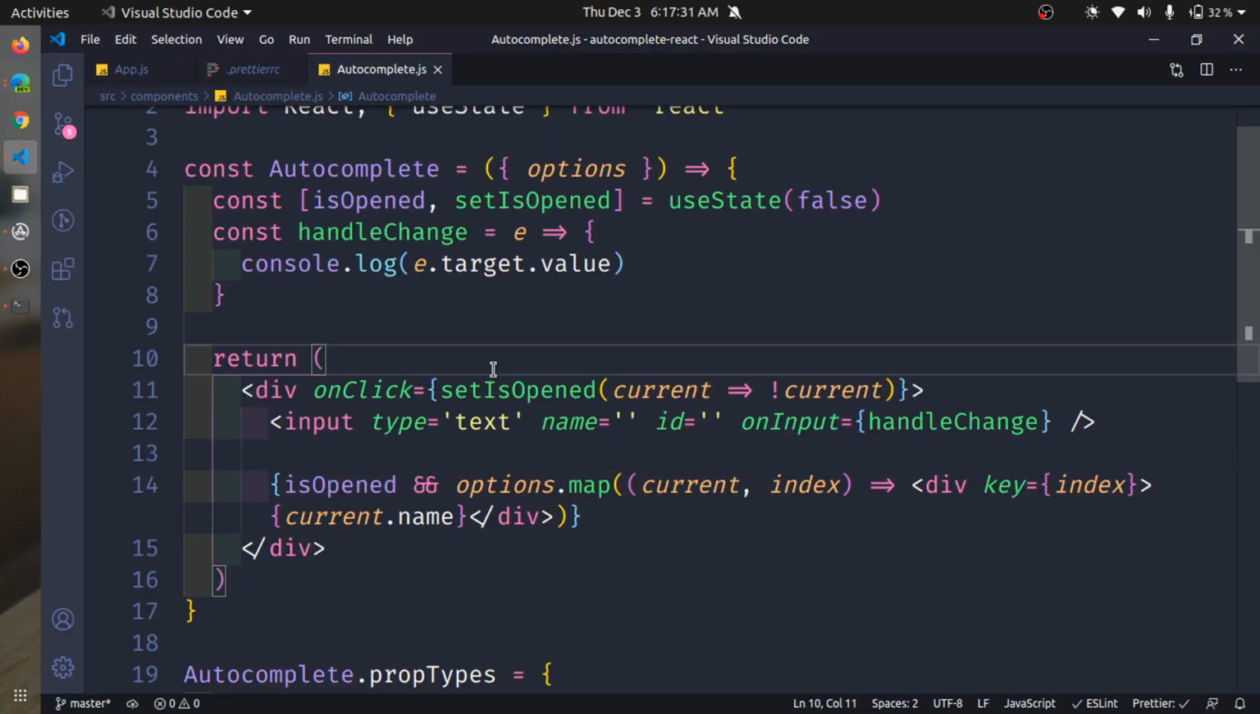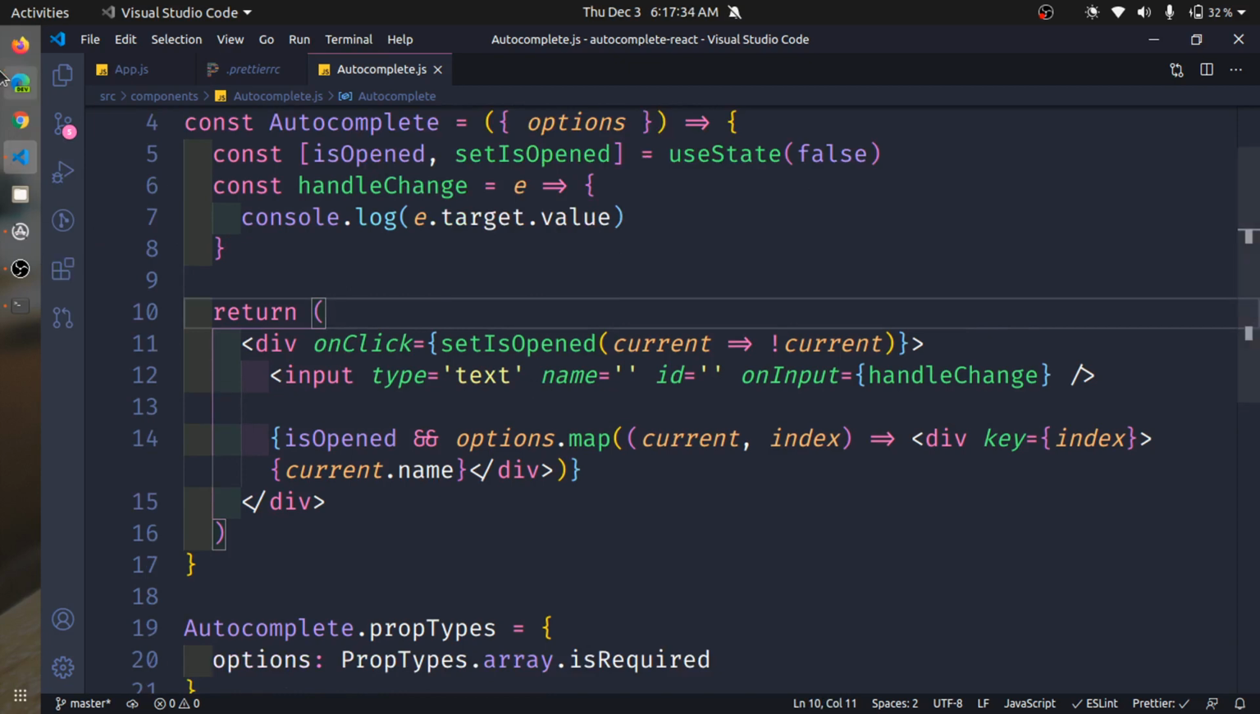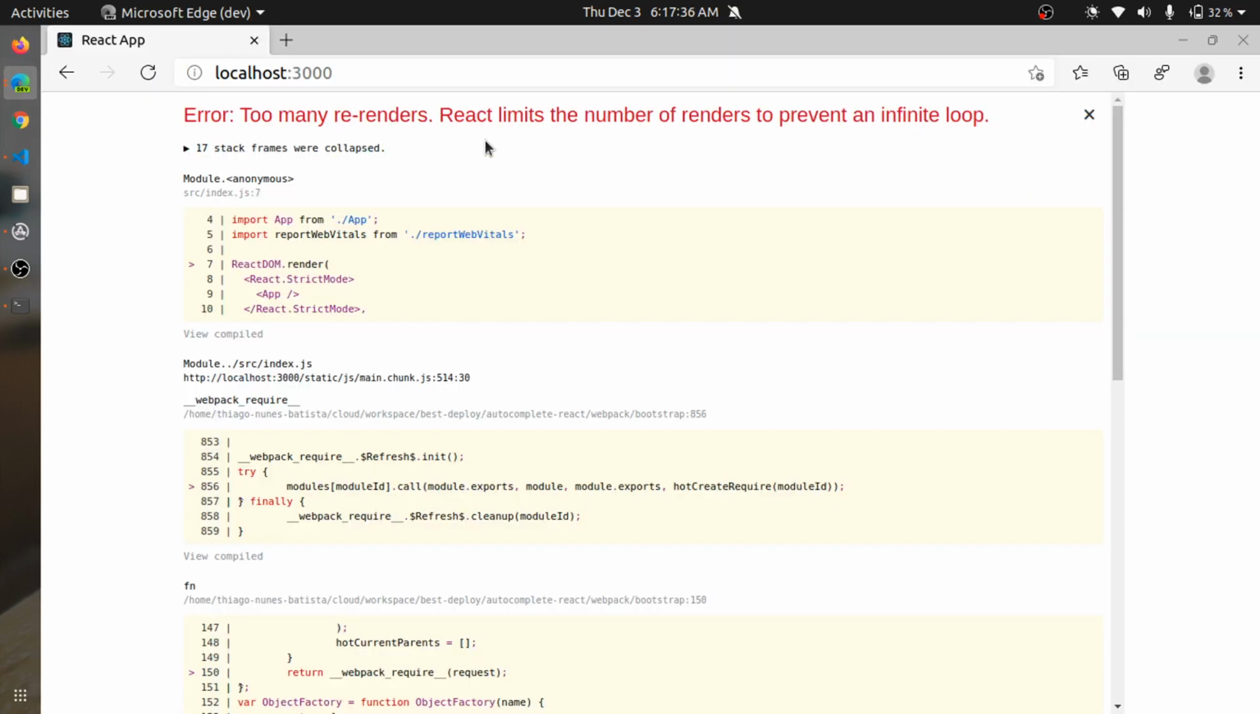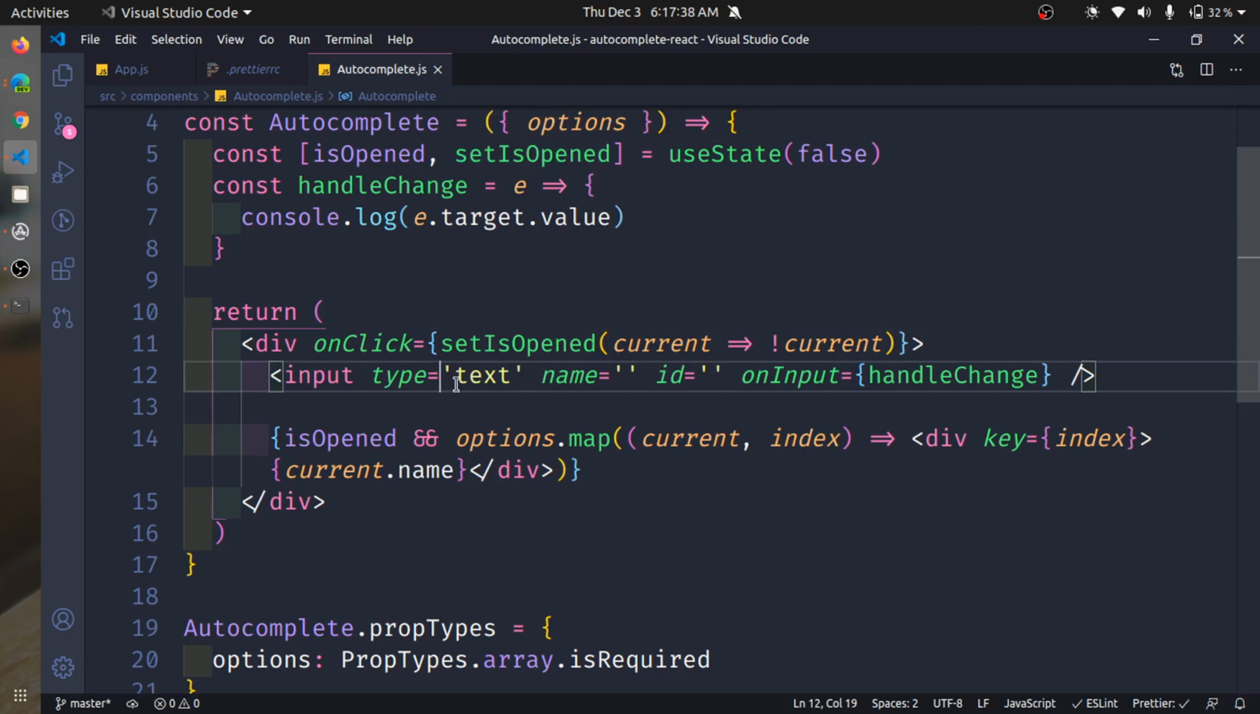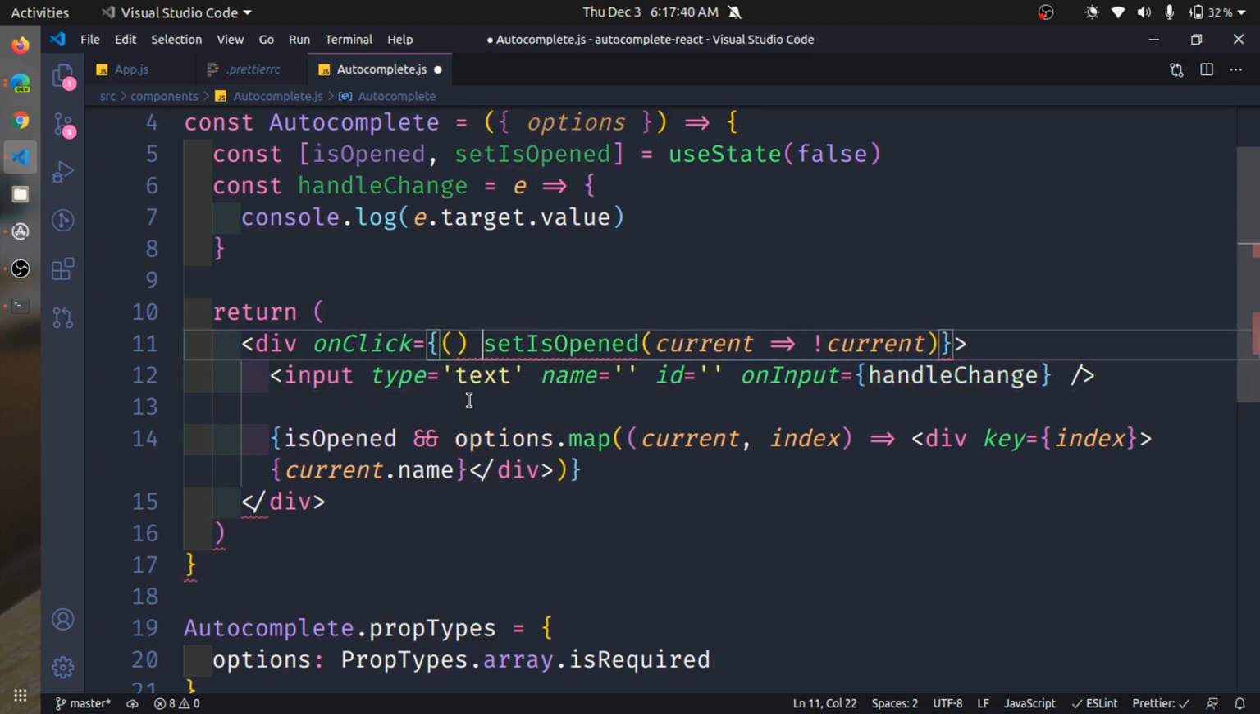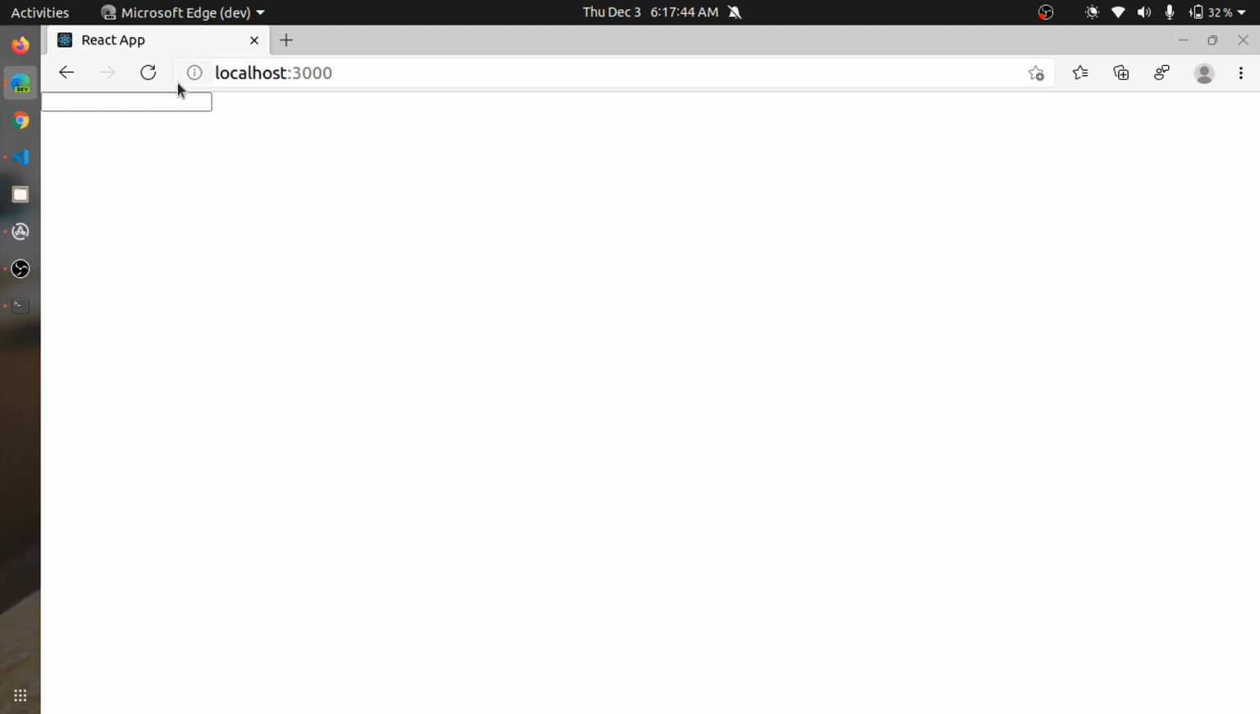So right here we have a problem because, okay, right here we needed to use a callback, and now this is working, and when I click, the options are being shown or not being shown. So okay,